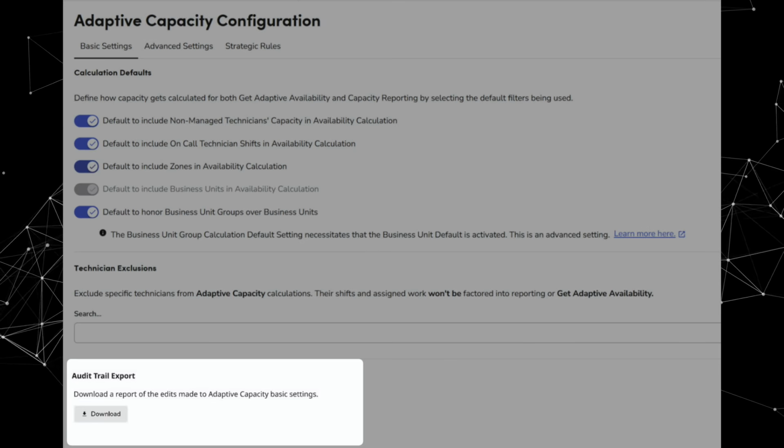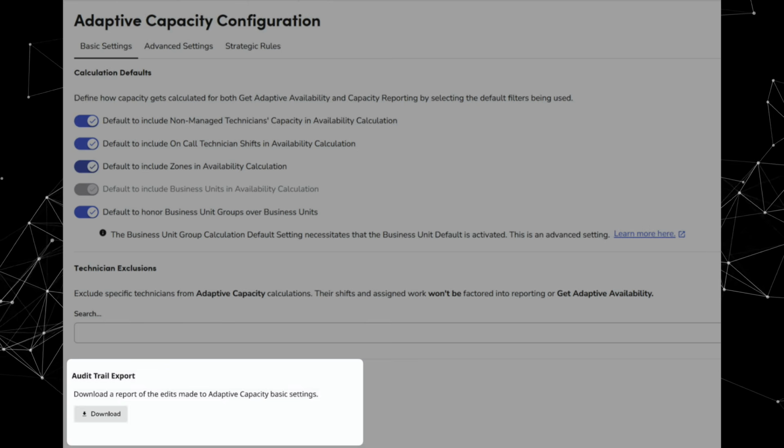So there's now an audit trail to show who changed what and when it comes to adaptive capacity settings. To access that, you're gonna go into the adaptive capacity configuration under your settings. And then at the bottom there, you'll see a button to download the audit trail export. So it is a file that you export. It's not built into the user interface, at least not at this time. I've also been told that this change might take a few weeks to hit even after you've gotten the update. So if you already have the update and you're looking for this and not seeing it, just give it a little bit of time. Next, there's now a day of the week filter in the Get Adaptive Availability menu on